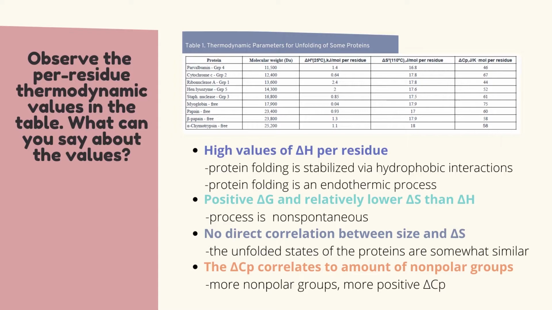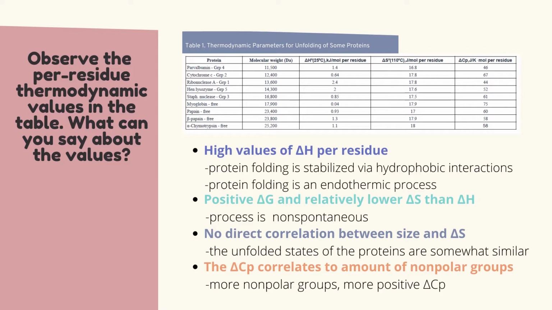Since the process is non-spontaneous, protein unfolding must have positive values for its free energy at 25 degrees Celsius and relatively lower values for its entropy at 25 degrees Celsius compared to its enthalpy at 25 degrees Celsius. Meanwhile, there seems to be no direct correlation between molecular weight and entropy at 110 degrees Celsius. This observation means that the unfolded states of these proteins are somewhat similar to each other, and by extension, so